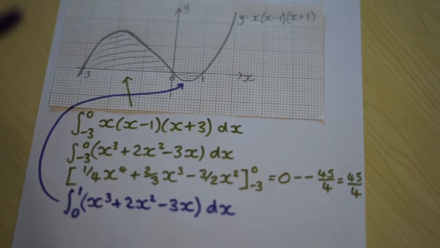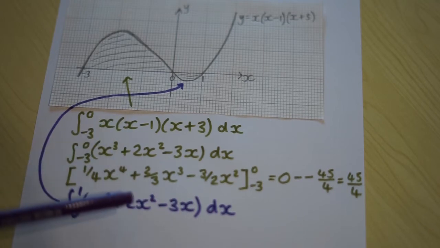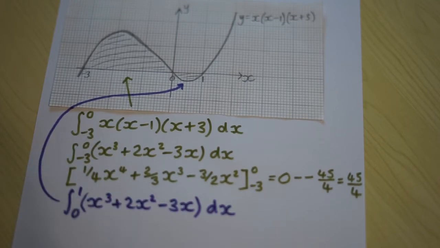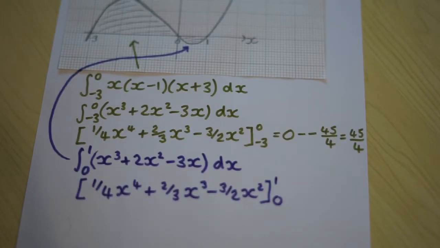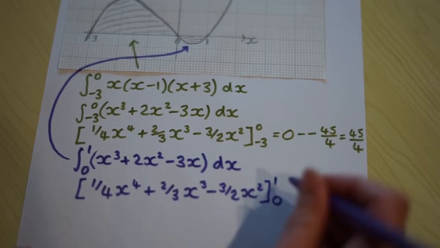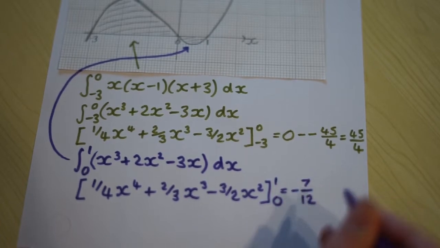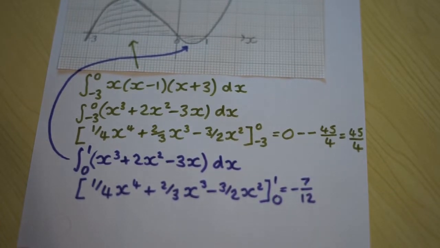And then the plan is to add them both together, and then we've got the area between the curve and the x-axis. Okay, so I've already expanded it in this part, so I've just rewritten it again. So this integrated is the same as before. So now we need to substitute 1 into that. That is -7/12. And take away